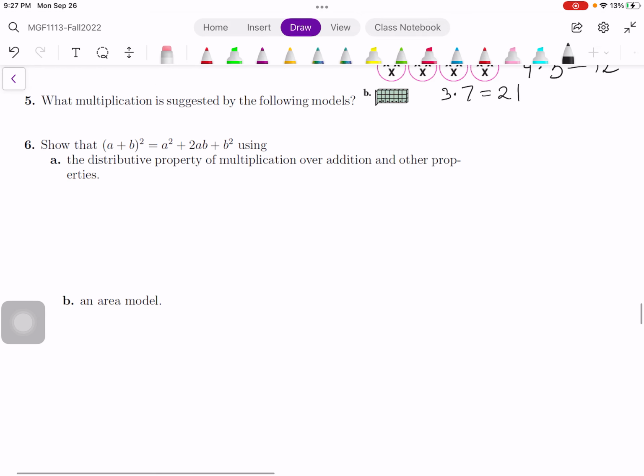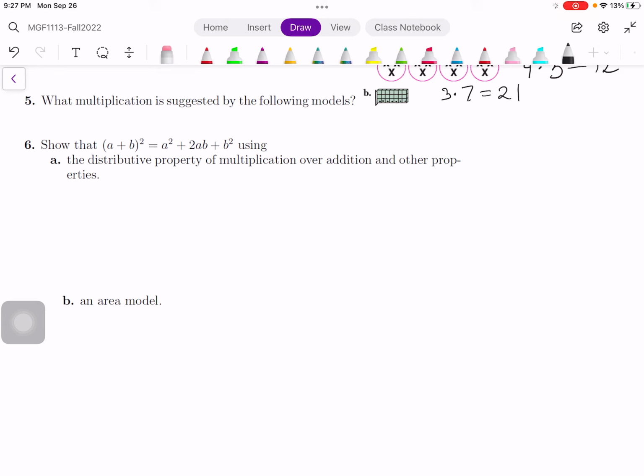Show that (a plus b) squared is a squared plus 2ab plus b squared. By the way, this is something that a lot of students make mistakes on, assuming that (a plus b) squared is the same as a squared plus b squared. And this is far from the truth, because when you think of (a plus b) squared, you really have to multiply a plus b with a plus b. And we're going to do it actually in part A. So let's